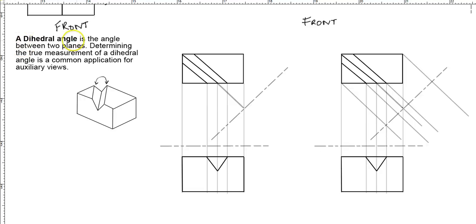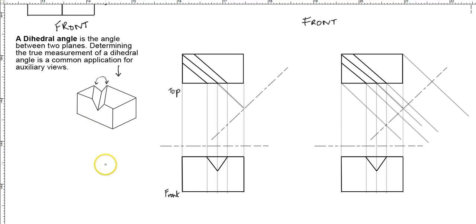So a dihedral angle is the angle between two planes. Determining the true measurement of the dihedral angle is a very common application for auxiliary views. Now let's see what we have over here. We have the top view looking this way, and we have the front view of the same thing,